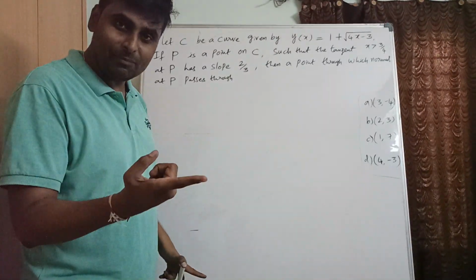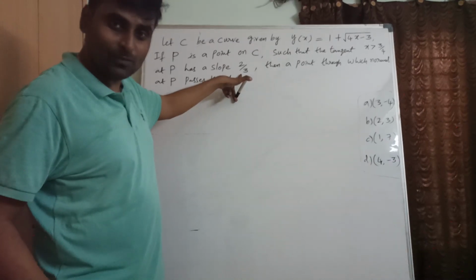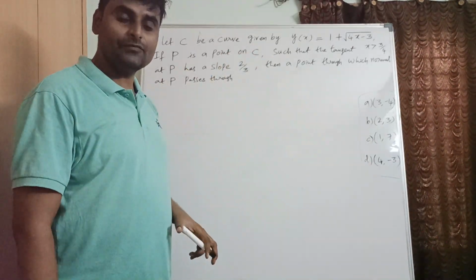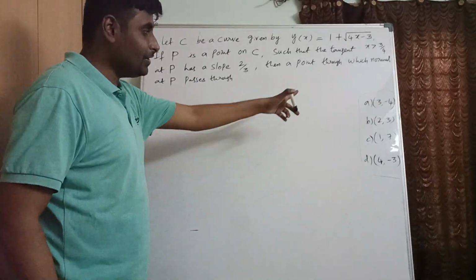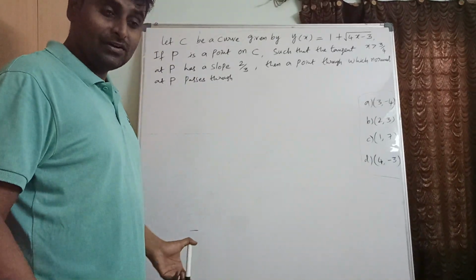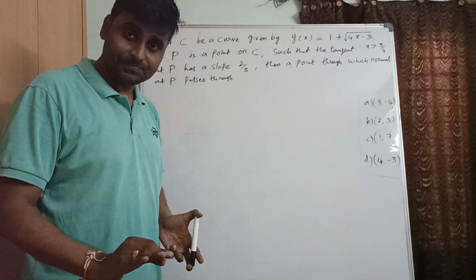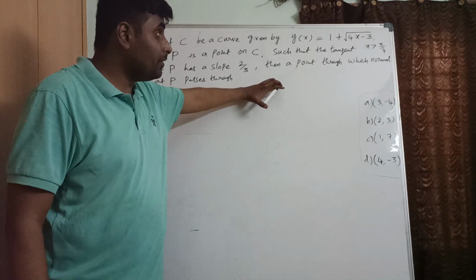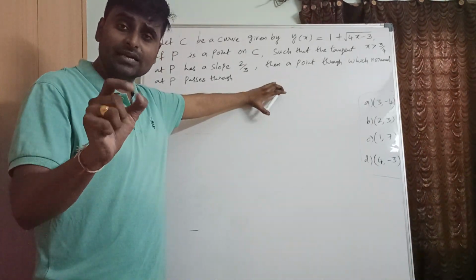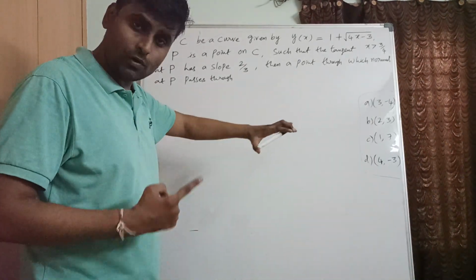Once we get point P, by making use of this slope, reversing it, we can find the equation of normal. Once you get the equation of normal, we are going to verify the option. That's it. Once you understand the question, the solution will be easy. We can solve any problem within 30 seconds. Okay. So let us go forward to solve this.